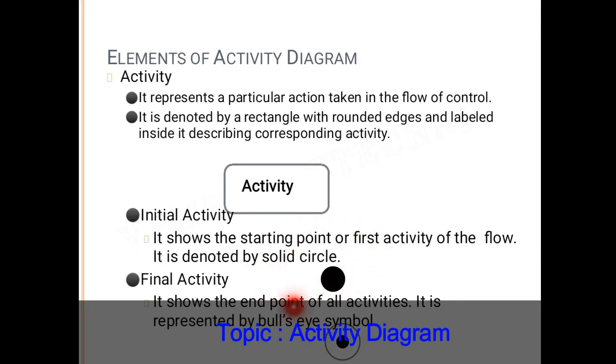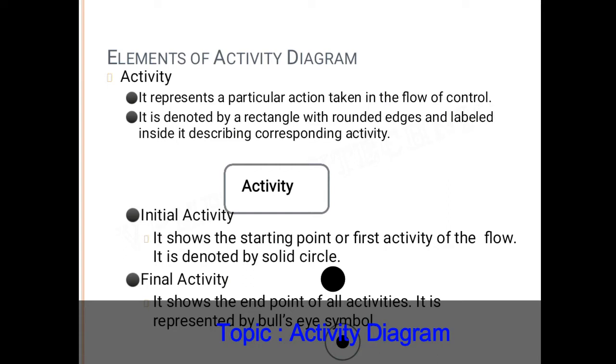Then this is the initial symbol, which denotes the first activity of the system, that is, the initial activity. Then this type of symbol is used for the final activity, which means the end point of the system.